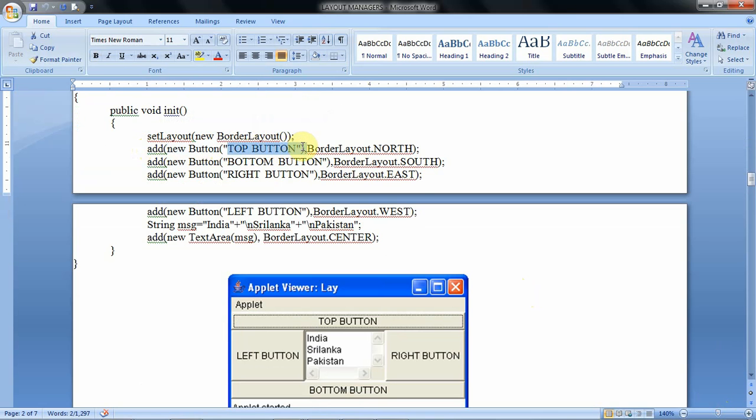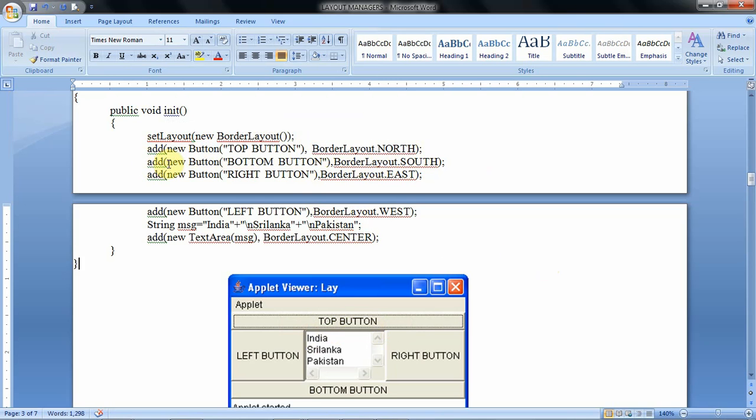We add this button in the region called north. The caption is top button, and this button is placed in the north position. For the window this is the north position, so in this position the button is added.